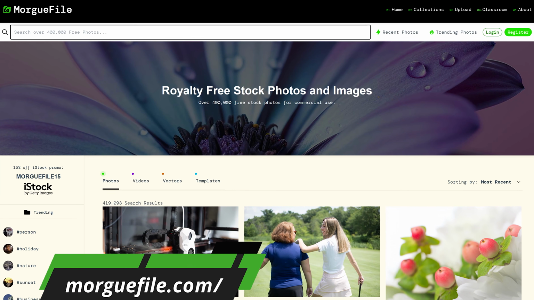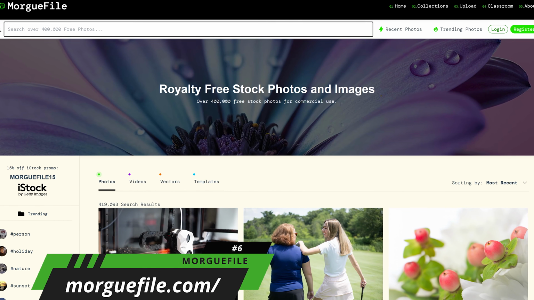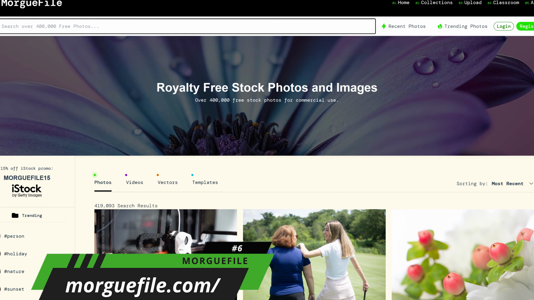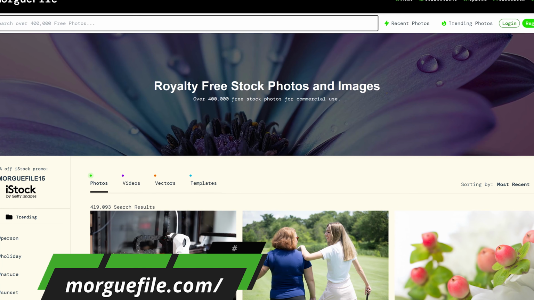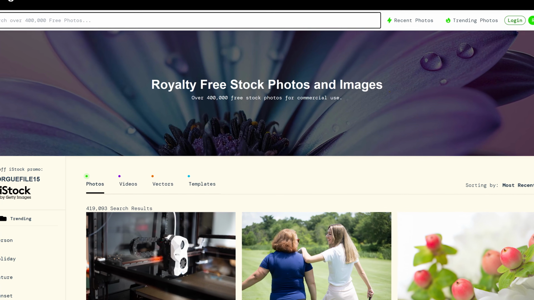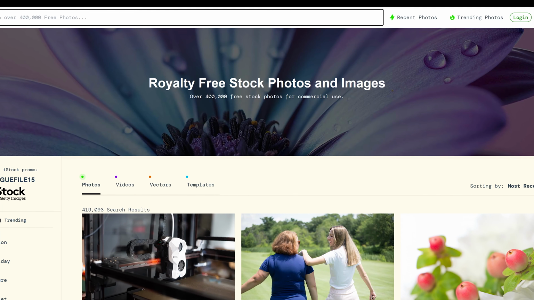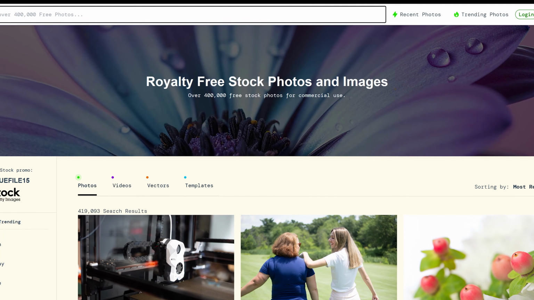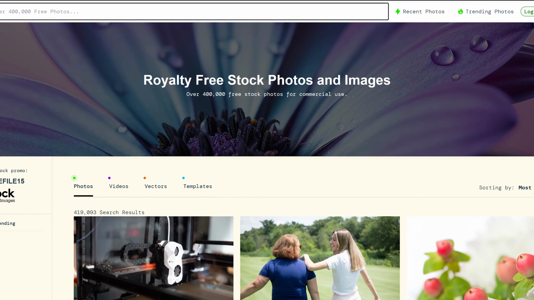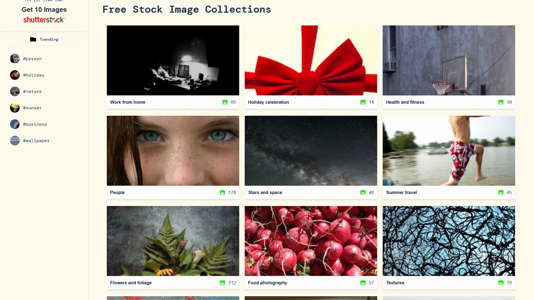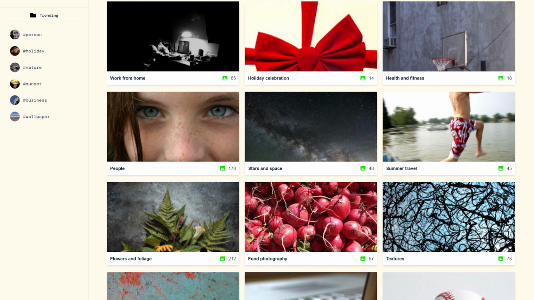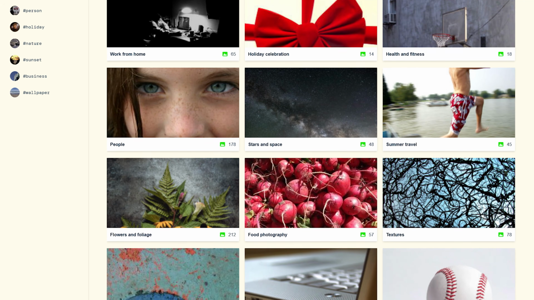Coming in at number 6 is MorgueFile. It was founded way back in 1996, and despite its weird name, it was a pioneer that helped pave the way for most of the free stock photo sites around today. Their mission was to create a free photo archive for creatives by creatives. Just like some of the sites already mentioned, their collections are a great way to get inspiration for your project